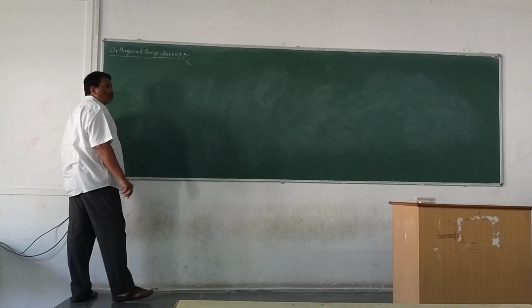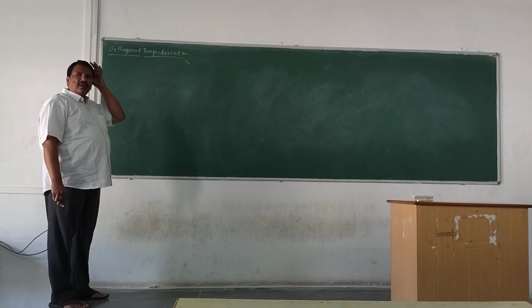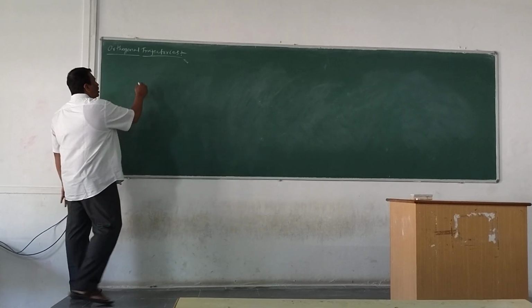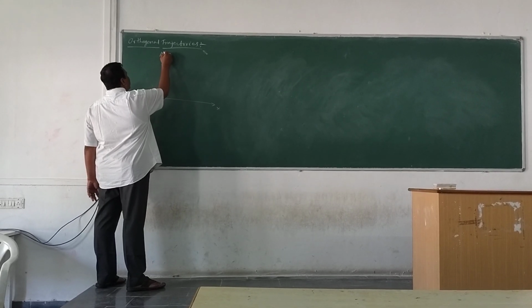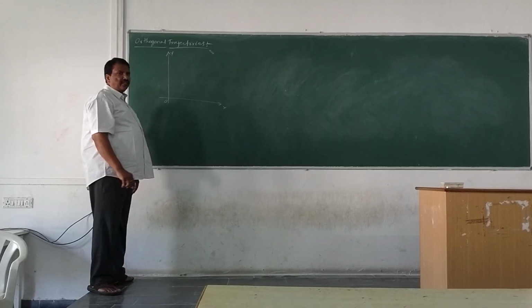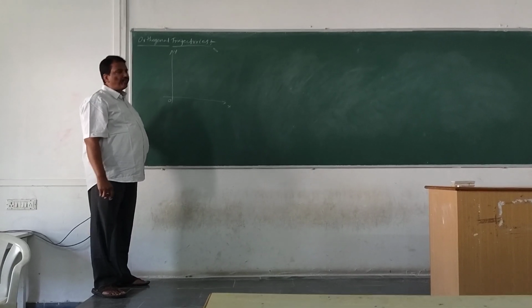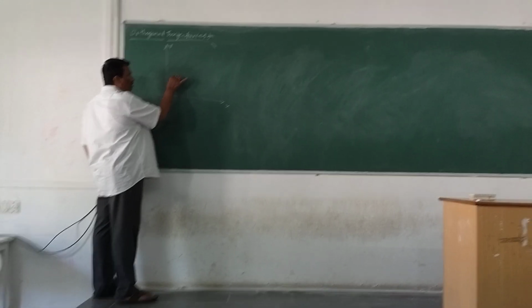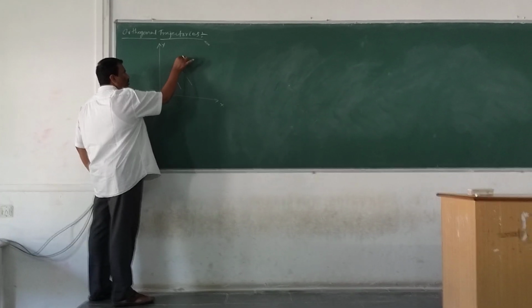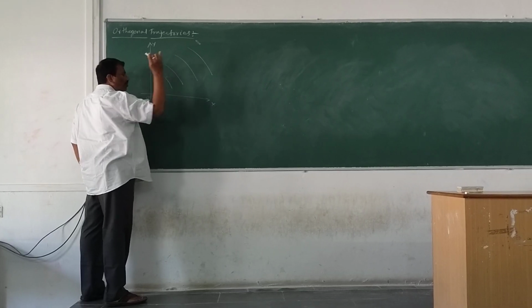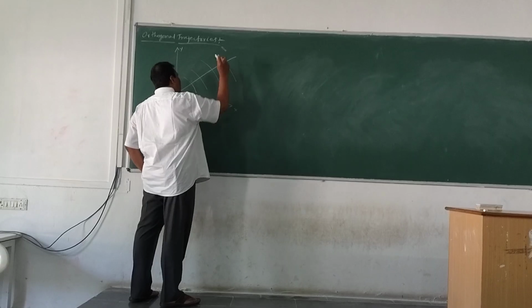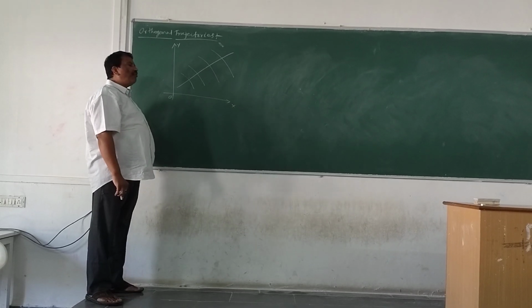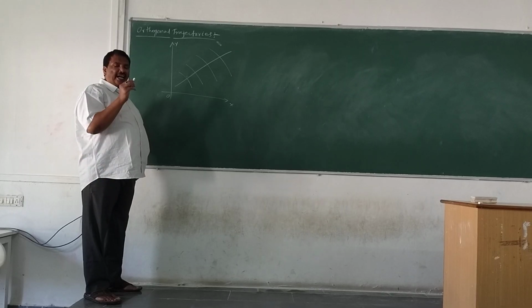First, we have to see what is the orthogonal trajectory. Listen carefully, all of you. This is the x-axis. This is the y-axis. First we take the family of curves, which cuts the family of curves at right angle